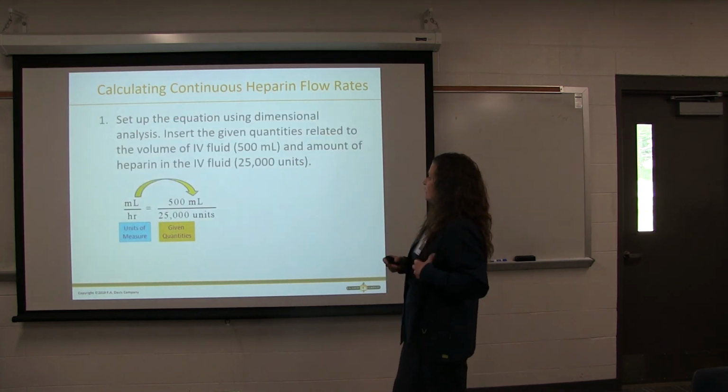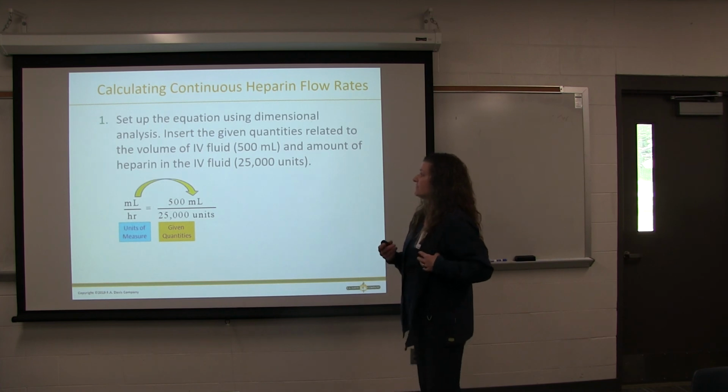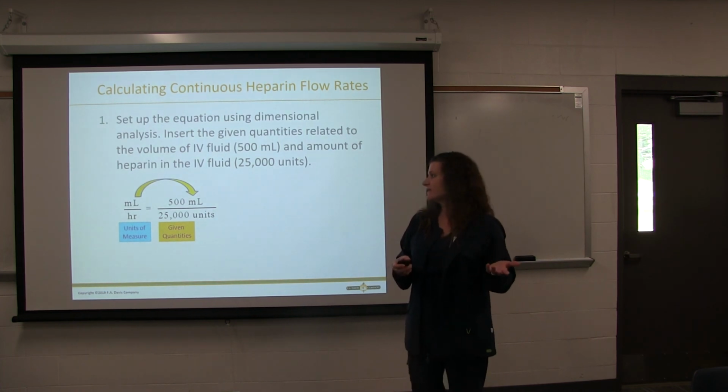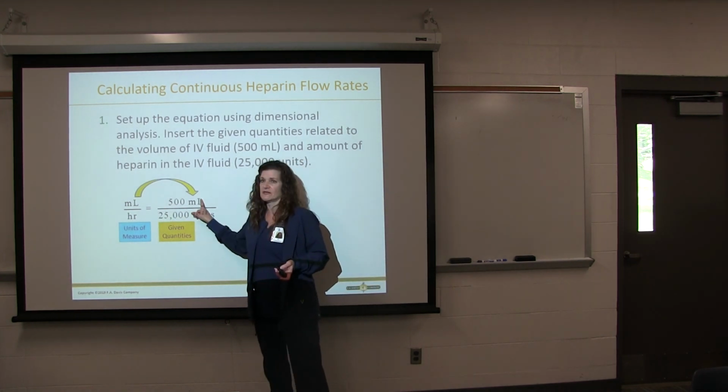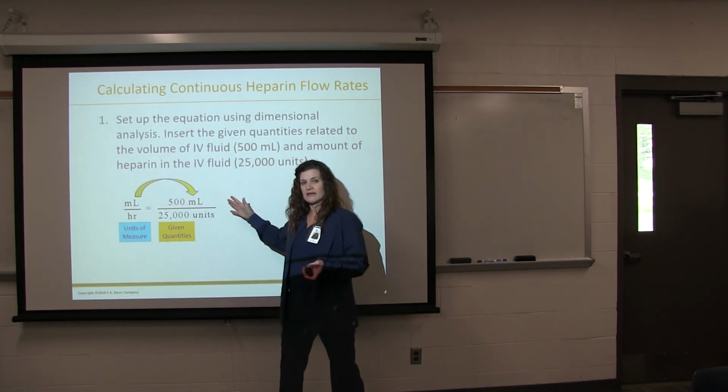And so our equation given told us that we had 500 milliliters per 25,000 units. I think you guys are familiar with this now, but always, always on the top, this has got to equal up if you want the rest